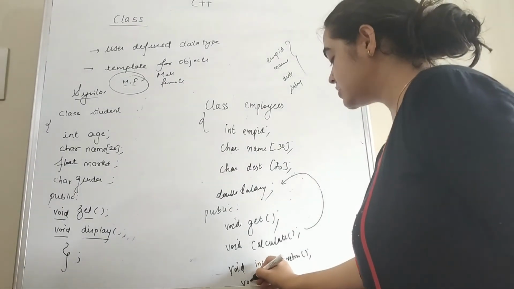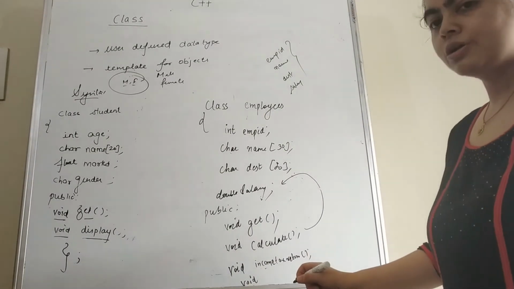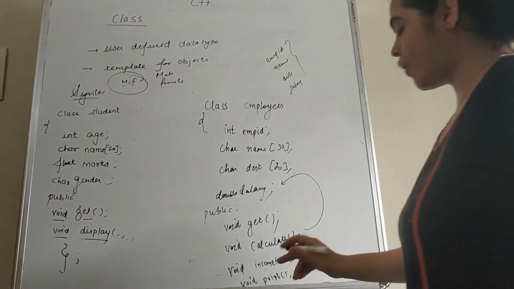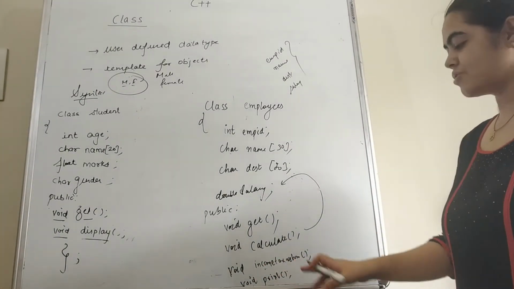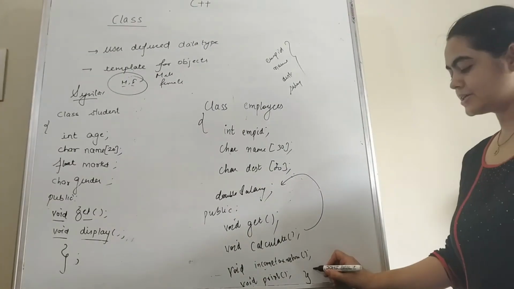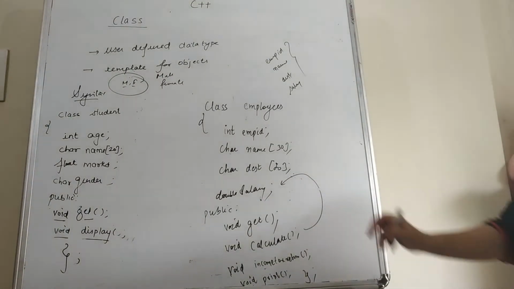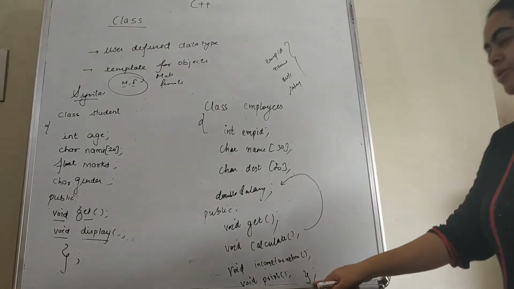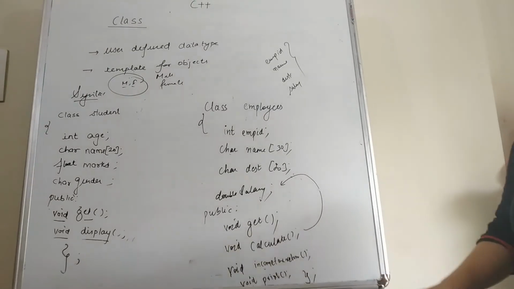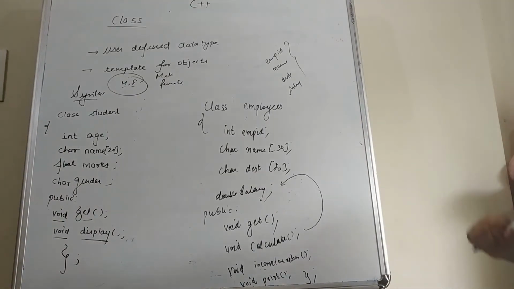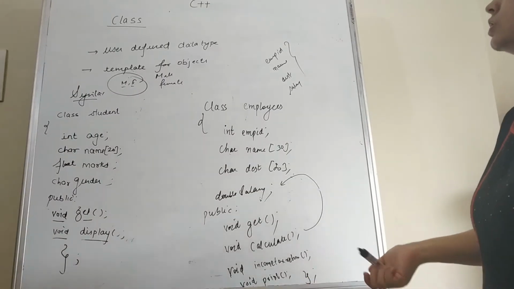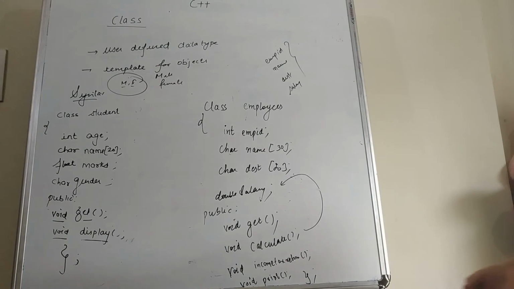And after this, if we want to print that data on the screen, then we have to declare one more function, that is the void print function. And after declaring this function, now we can close the class with the curly bracket, and afterwards we put the semicolon. So by putting the semicolon only we can close the class. If we are not writing the semicolon here, that means there will be an error, and the compiler will show the error. So this is how we can declare a class in C++.